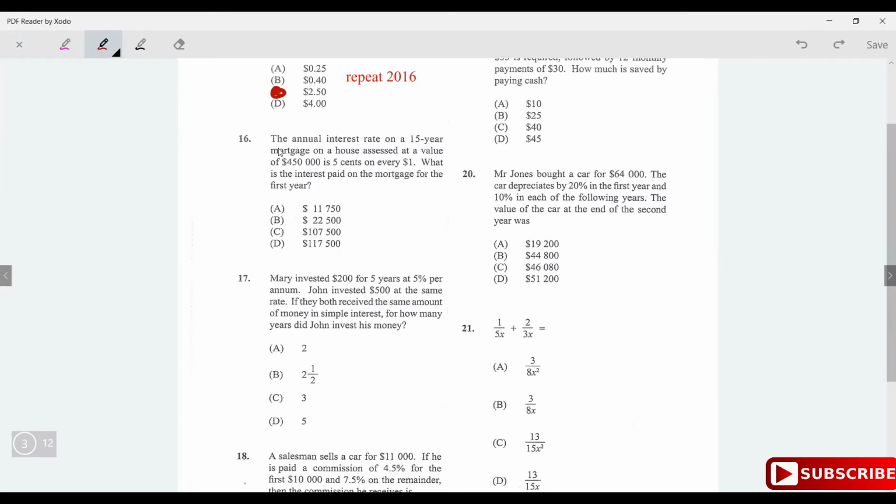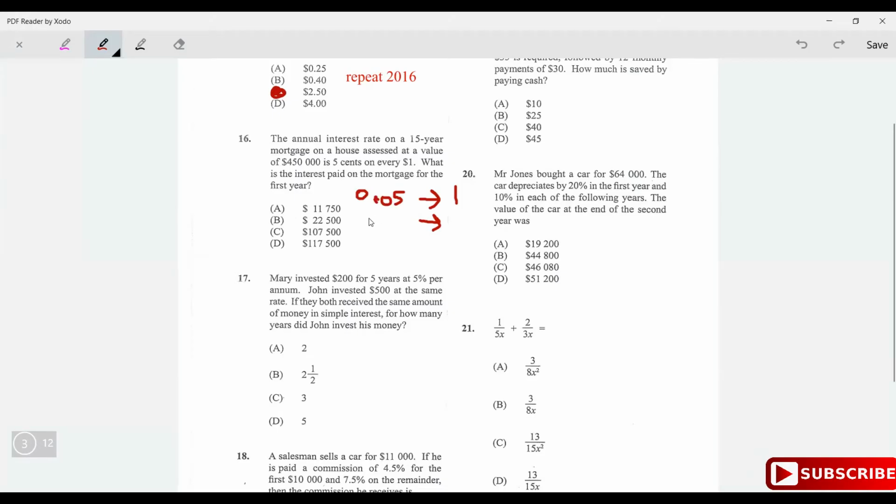All right, question 16. The annual interest rate on a 15-year mortgage on a house assessed at a value of $450,000 is 5 cents for every $1. What is the interest on the mortgage for the first year? So if it is 5 cents for every $1, 5 cents is 0.05 per dollar. And so for this big money of 450,000, it's going to be